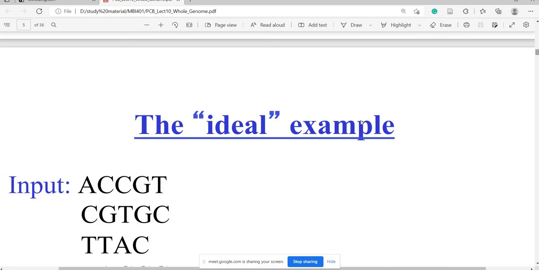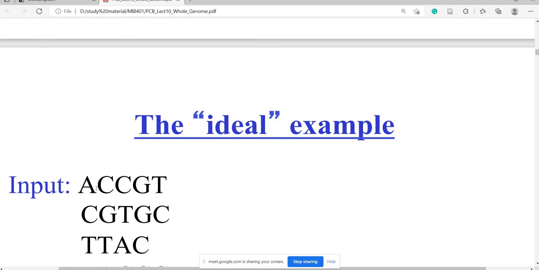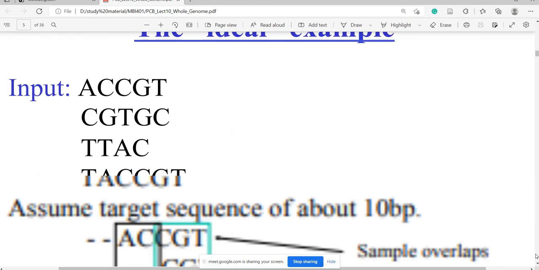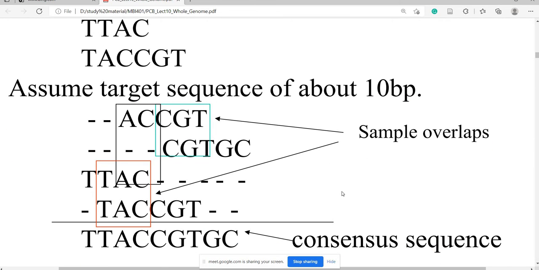AC is present in the first, and it is also present in the third one, and it is also present in the fourth sequence. So at least 3 fragments contain the AC element. This is the consensus sequence. AC is common among these 3.